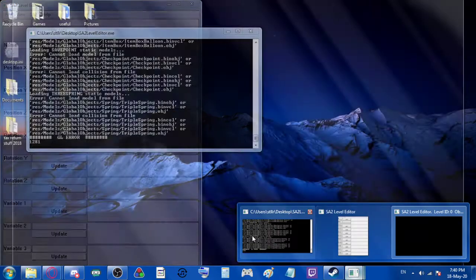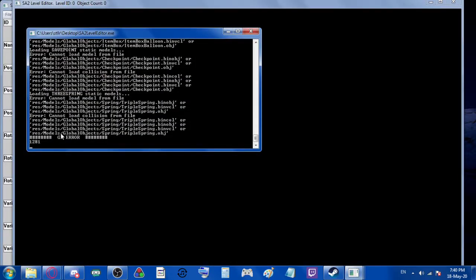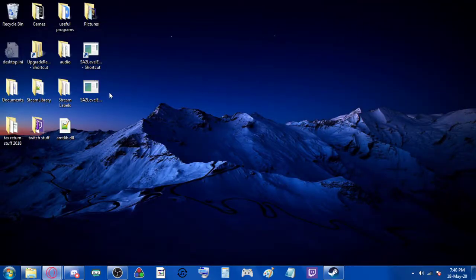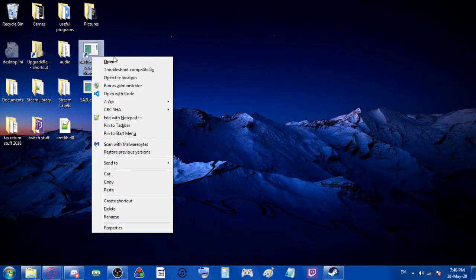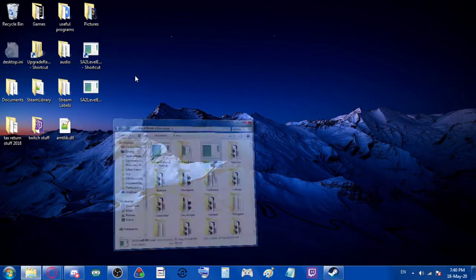completely black, and this screen is full of errors. And the reason for that is because this is just here on its own. It isn't in any of its folders. It needs to be inside of its folder. You'll see if I open the file location,